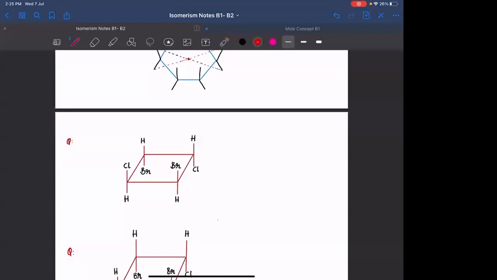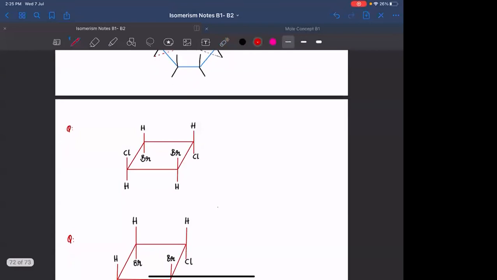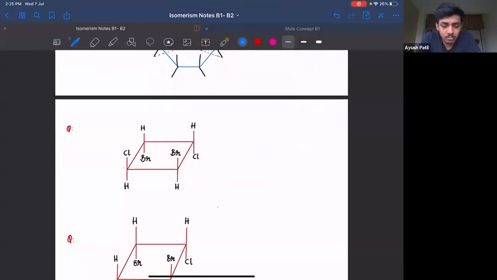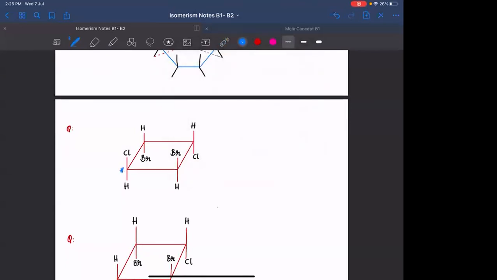Does it have chiral carbons? Because we need to check whether the molecule is chiral or not only if there is a chiral carbon. Is there any chiral carbon? Please look at this. This is the chiral carbon. In clockwise sense, you get Br here, here the Br is above. In this case, the Br is present below the plane. In this case, the Br is present above the plane. So this carbon is chiral. Similarly, this carbon is also chiral. This is also chiral. This is also chiral. So it is having chiral carbons.